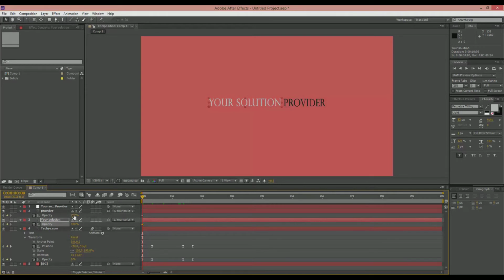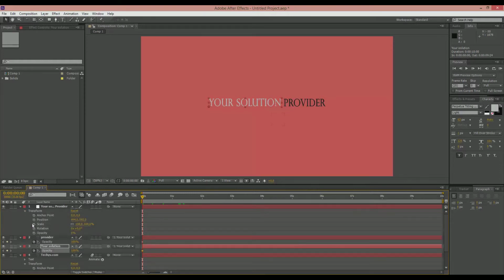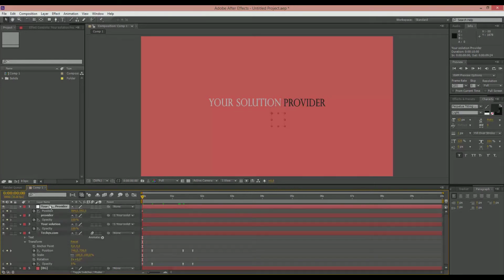Turn it down to 0. Not just yet, because if we turn it to 0, we won't be able to see the position. So we want to see it and then turn it out to 0. Let's go to the position of the null object first and keyframe that as well. Now, while the techiev.com goes down, we want at the exact same time, maybe somewhere around here, a few frames back, we go and keyframe the null object, which contains the whole sentence, your solution